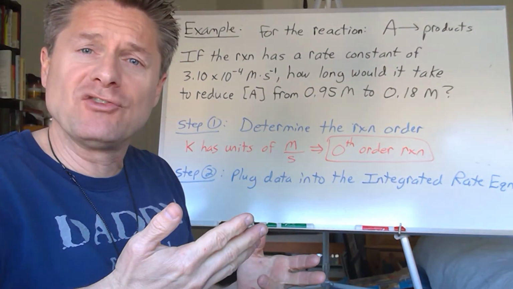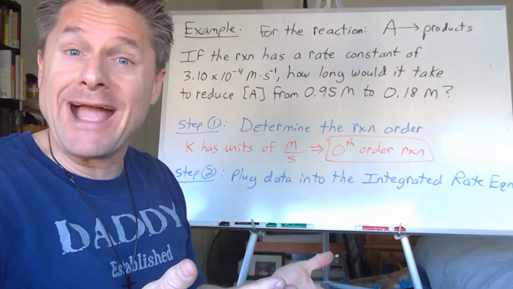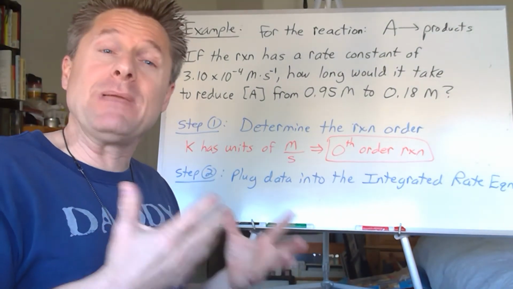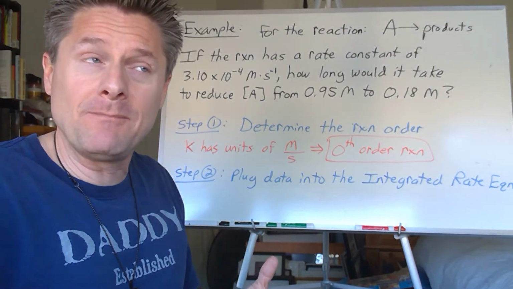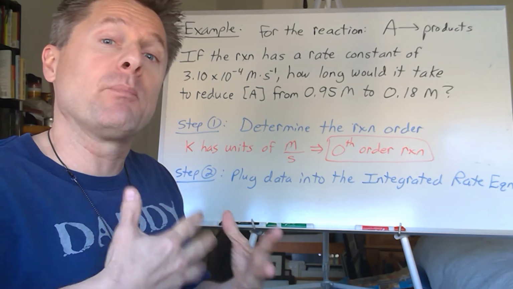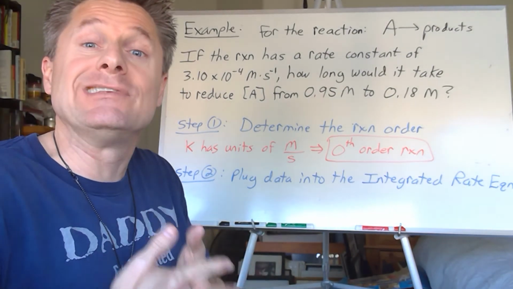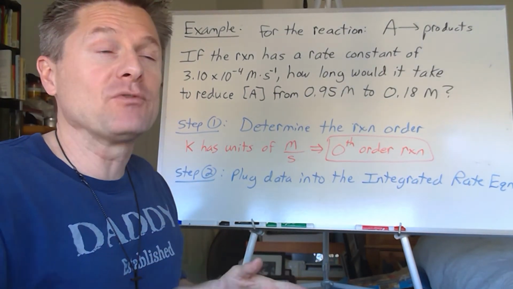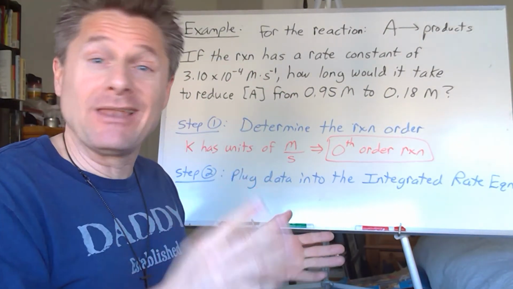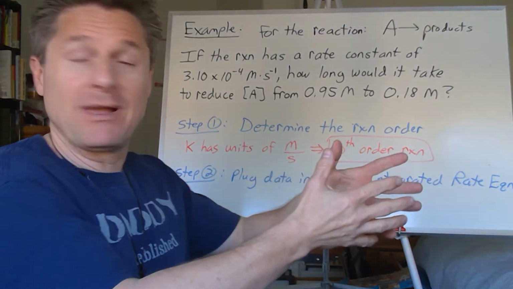Well, you don't know which equation to use unless you know what order that reaction is: 0, 1, or 2. It's one of 3 options. Don't guess. It's either going to be stated in the problem, it's a first, second, or zero order reaction, or you'll be provided enough information to discern that. I like those ones, right? Maybe you'll even have to make a plot and see if you get a straight line plotting some concentration versus